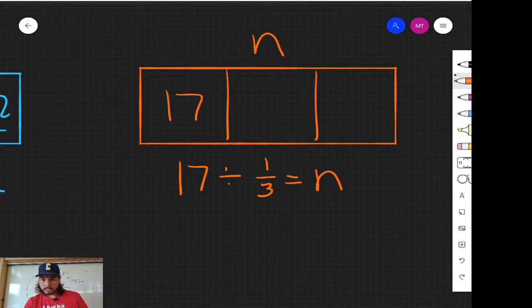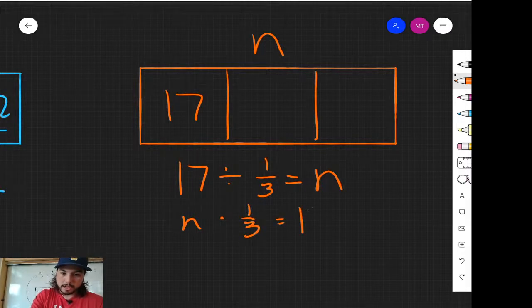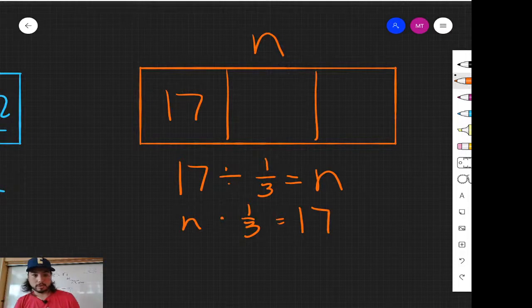Another one is, let's see, 1/3 times n equals 17, or n times 1/3 equals 17. Yep, that's the inverse of that first equation, right? 17 divided by 1/3 to get n, and then multiply it by 1/3 to get back to 17. That's our undo equation. Okay, and then our other ones there,